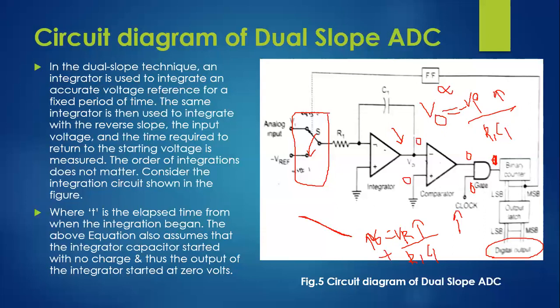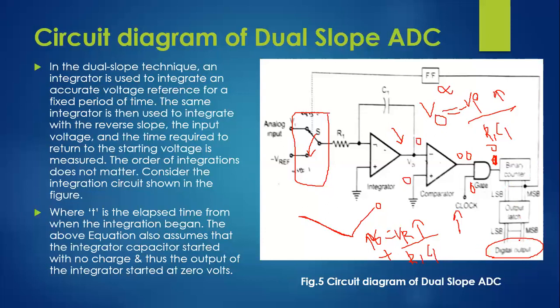So from this value, as the reference voltage is increasing, this output voltage will keep on increasing till it reaches 0 again. As it is increasing from the negative direction till it reaches 0, and when this voltage is equal to 0, the comparator will produce a 0 signal, which keeps the gate output equal to 0. Then it stops the binary counting operation, and this final count will be applied to the output latch.